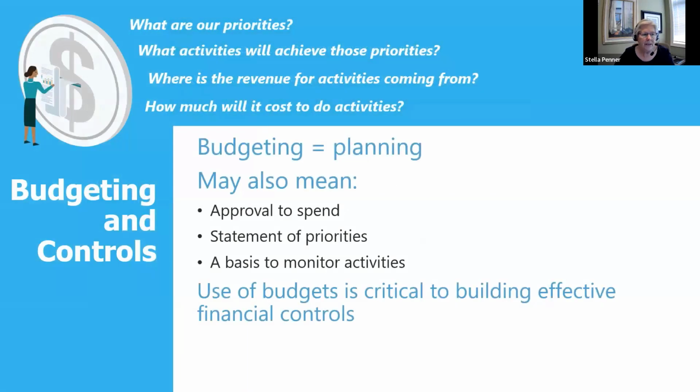And then the last thing I mentioned, this is a bit of a tag on, is how does budgeting fit into this whole area of controls? And I wanted to put this slide in to acknowledge that organizations have very different philosophies and purposes of how and why they use budgeting and how and whether it's used as a control. And so the first thing I want to stress is budgeting is a form of planning. And so if it's done right, the most important contribution of budgeting to financial controls is that it forces the organization to plan ahead. So you're not always in reactive mode. So it provides that